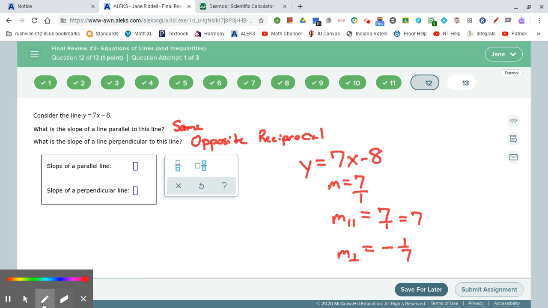All right, so now all I need to do is record that. The slope of any line parallel would be the same as this line, which in my case was 7, and the perpendicular slope is the opposite reciprocal, which is going to be negative 1 over 7. And then